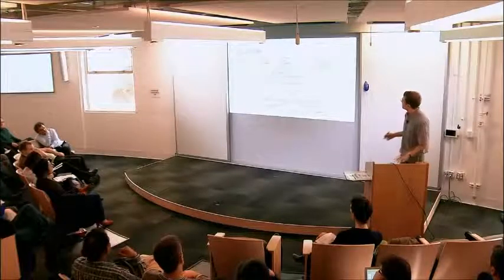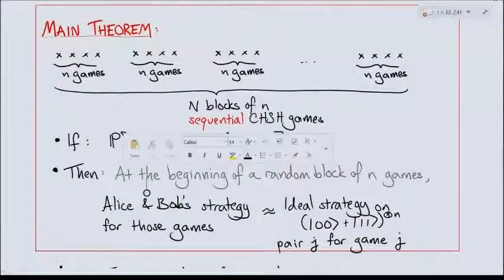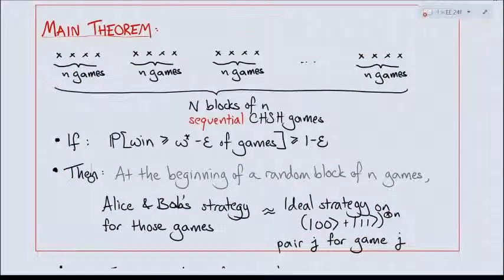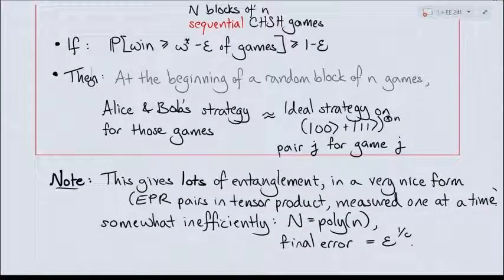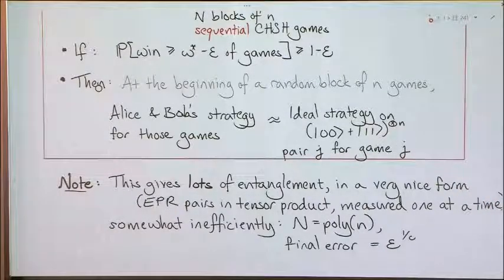So this kind of theorem really does give us a way of giving a statistical test of seeing that they do share lots of entanglement, at least little n EPR pairs worth of entanglement, based on a statistical test. It's kind of inefficient. So to make this theorem work, we need capital N to be polynomial in little n. So in theory, it's efficient, but it's not a great polynomial, I don't think. And second, I didn't say how close this is here. And again, that'll be polynomial in epsilon, but it'll be like epsilon to the 1 over c for some constant c. And c is something quite impractical.